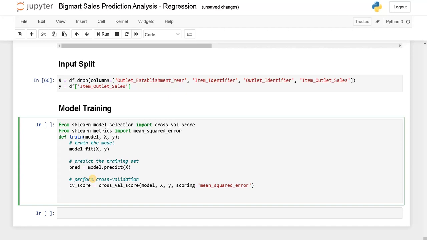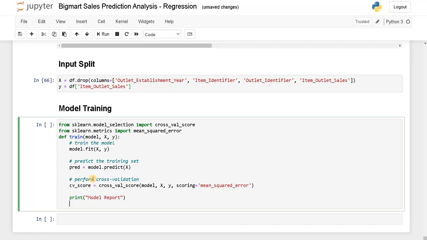Now we will print the model report. Print model report. Print MSE, that is mean squared error, comma mean squared error of y comma prediction.